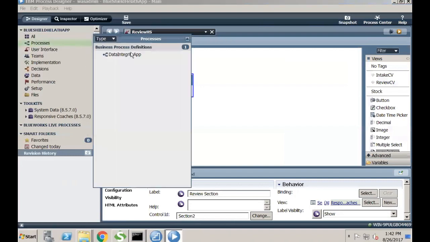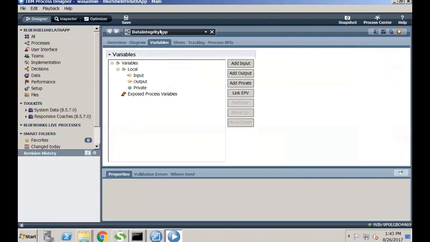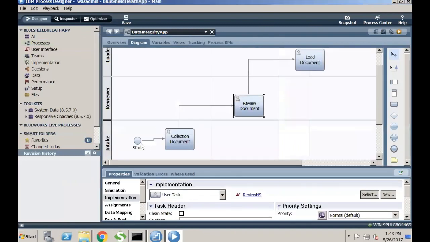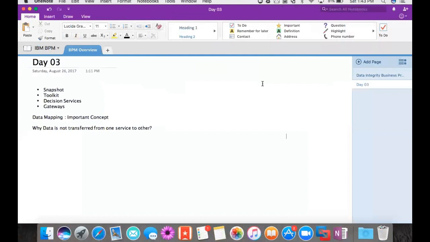So here, if you create any variable at the process level, that variable is called a global variable, because a process variable will have the complete scope from the start to the end of the complete process. So what we will do over here in the data mapping, the concept is,